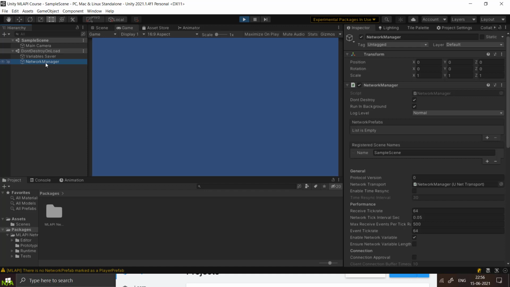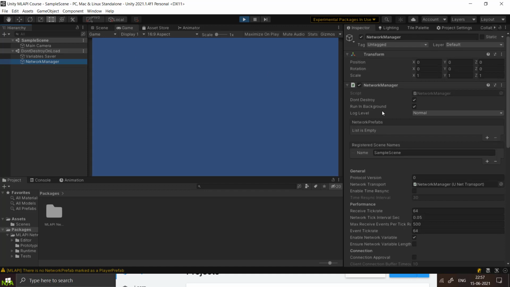That way, your network variables and everything will remain intact throughout the game, even when you change levels or go back to the lobby. That's why run in background is on by default: you don't want it to mess with the foreground activities.